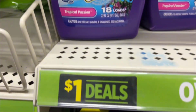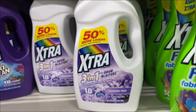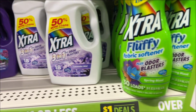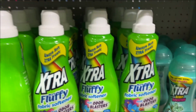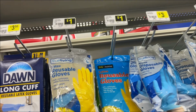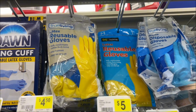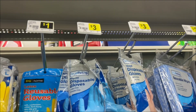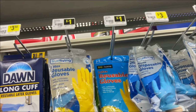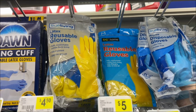I found so many of the same products at Dollar General for $1, and Dollar Tree just raised their prices to $1.50. So this is a big area where Dollar General is going to beat out the Dollar Tree. And in the cleaning supplies, they have rubber gloves for $1, and Dollar Tree is now $1.50. I heard the prices were going actually down at Dollar General for their cleaning supplies. So if you need a lot of cleaning supplies and tools like brushes and sponges, make sure to check there